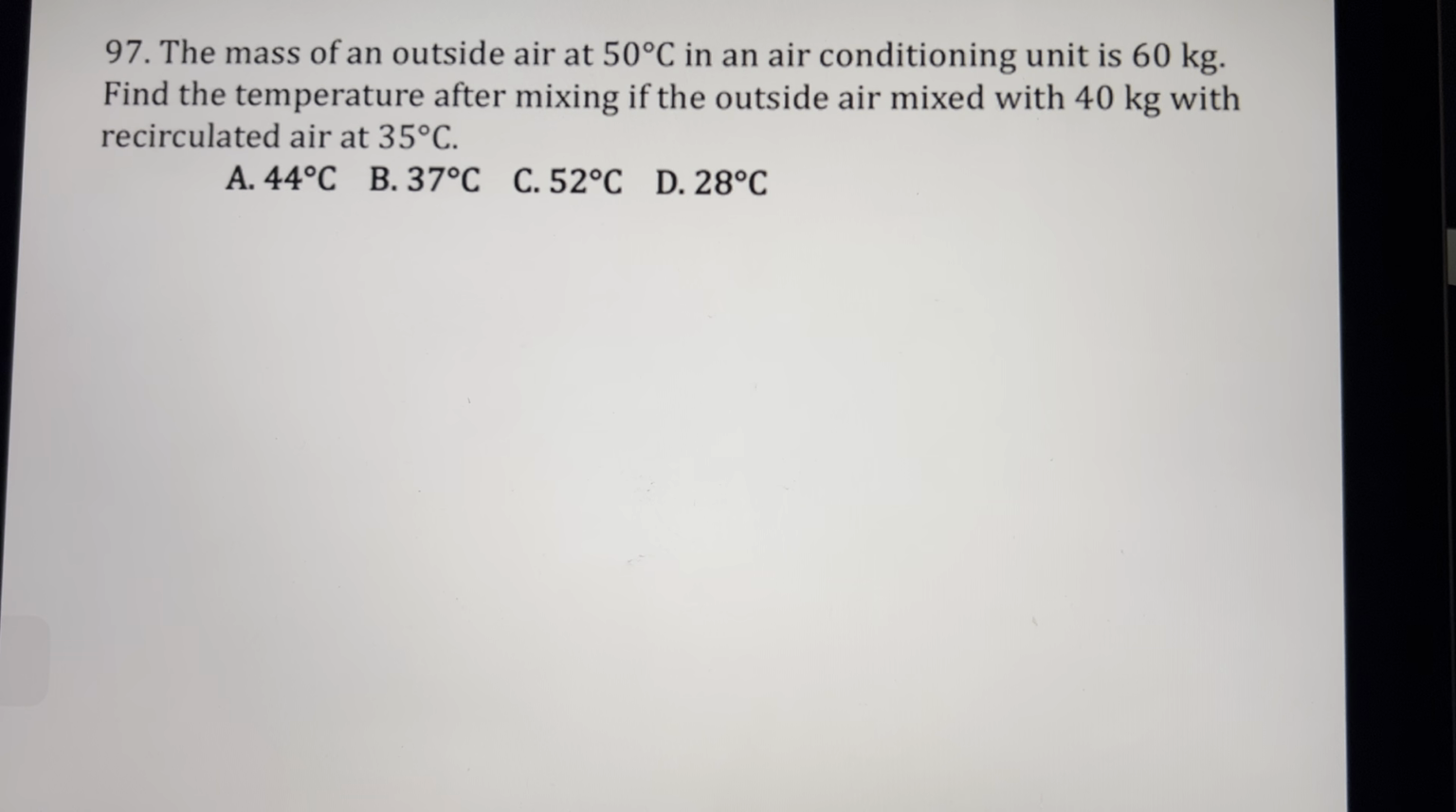Next one, the mass of an outside air at 50 degrees Celsius in an air conditioning unit is 60 kilograms. Find the temperature after mixing if the outside air is mixed with 40 kilograms of recirculated air at 35 degrees Celsius. Okay, we have here a mixing of outside and recirculated air. And as we all know, if those two are mixed, that is the supply air. So using the air mixing formula, we have the mass of the outside air times the temperature of the outside air,